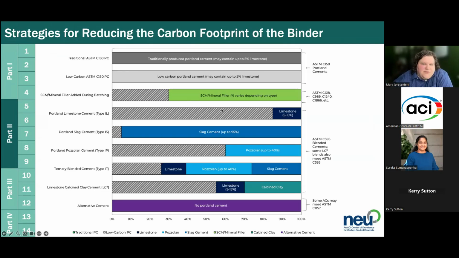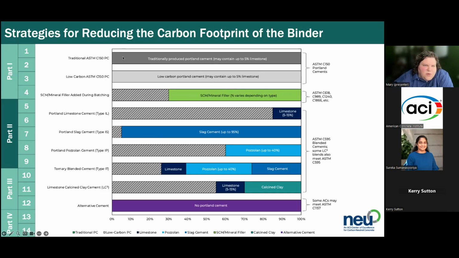In summary, one of the things we would frequently hear from folks who were maybe not as familiar with concrete, but in a position to make some big decisions, was confusion about SCMs versus alternative cements, what's what. We really tried to make it clear that, while these materials all swirl around, there are specific efforts: replace some of the Portland cement, make the Portland cement differently, or just get rid of the Portland cement. This chart is an example of how we tried to show that.